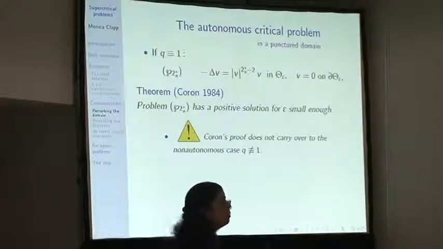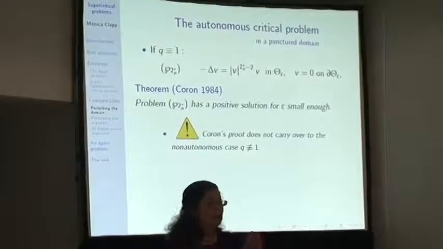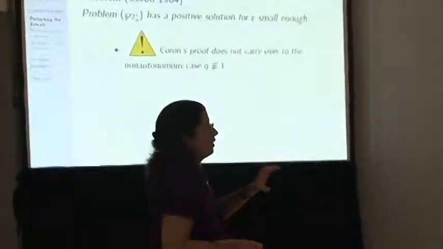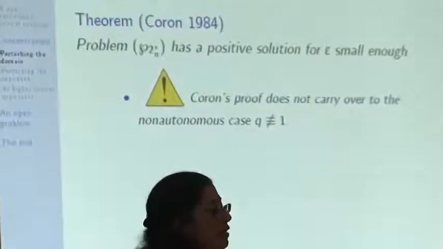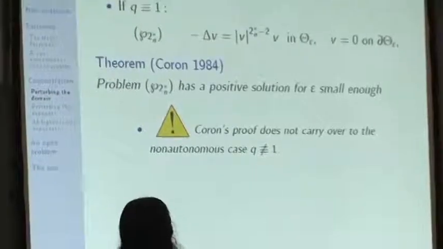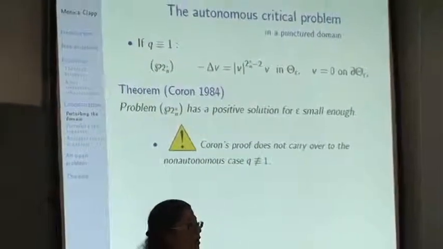It does not go through because of the following reason. When Q is equal to 1, there is a gap, which one knows very well, where the Palais-Smale condition holds. For the people who know what I'm talking about, between the first mountain pass level and 2 times the first mountain pass level, one knows that the Palais-Smale condition holds. But here this is not true anymore, because this Q, if it is not constant, won't give us this gap. But fortunately, there are other methods to deal with this problem.